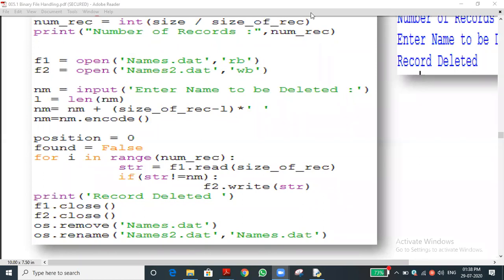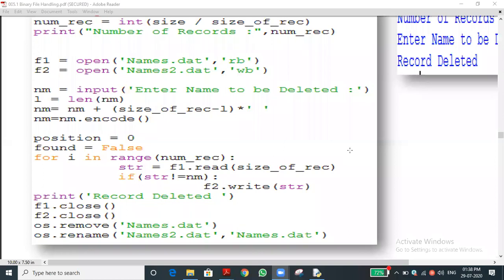Sir, instead of using those last two functions, we can name the files as names.old and names2.new, like that. Yes, both files we can have, with the deletable name, and after deleting without that name, we can keep the two files also. Not an issue. But in this program, they deleted the old file. We can do all that, not an issue. We can keep the two files, the original file as well as the new file also. Okay, fine. Have you understood this one?